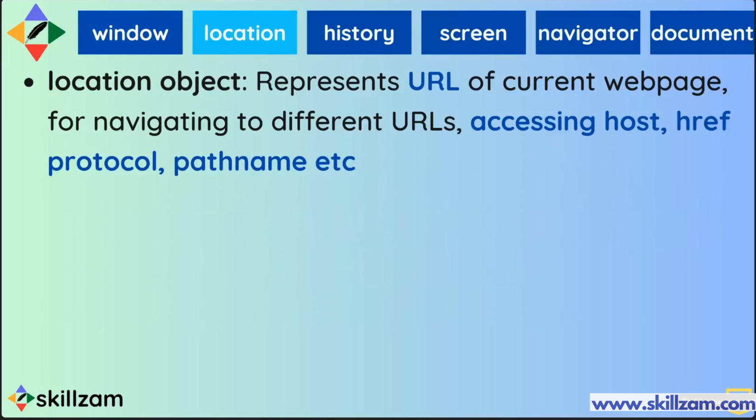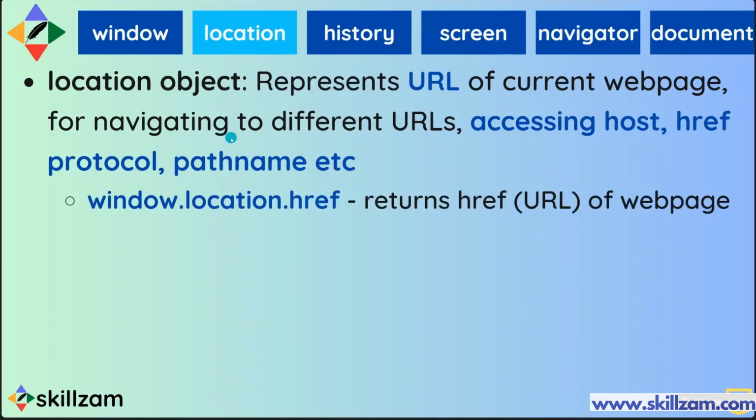Now, location object, what is this? It represents the URL, which is the URL of the current web page, and is used for navigating to different URLs. You can access the host, the hypertext reference, protocols, path name, all that becomes part of your location object. So, what are the properties that it has? So it has what we call